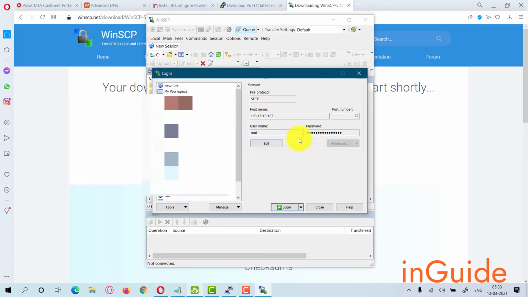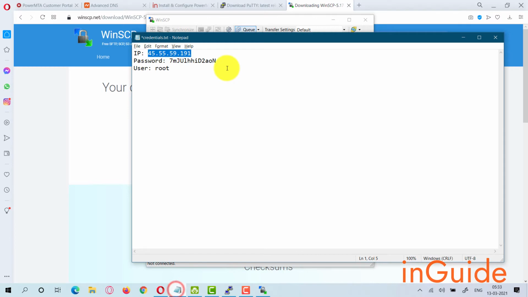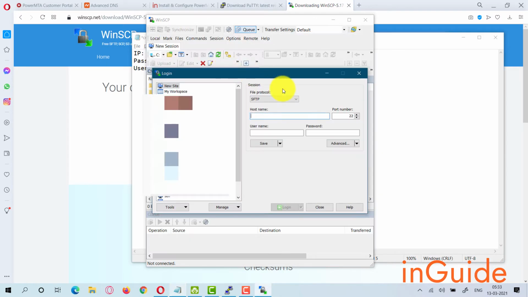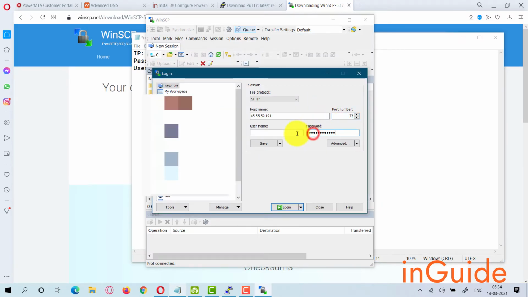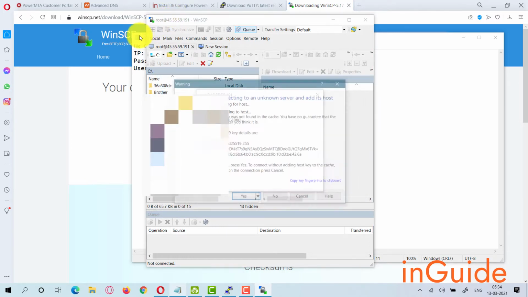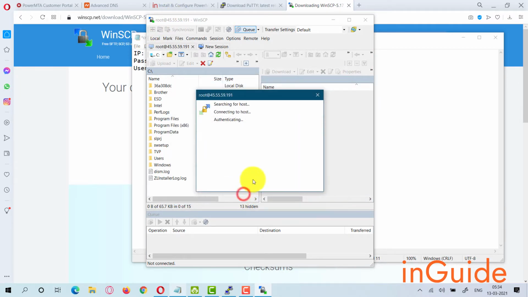Here I'll go to new site, and obviously the file protocol has to be secure FTP, and then the IP address, password, and the username root. Okay, now you'll get this warning, accept it.